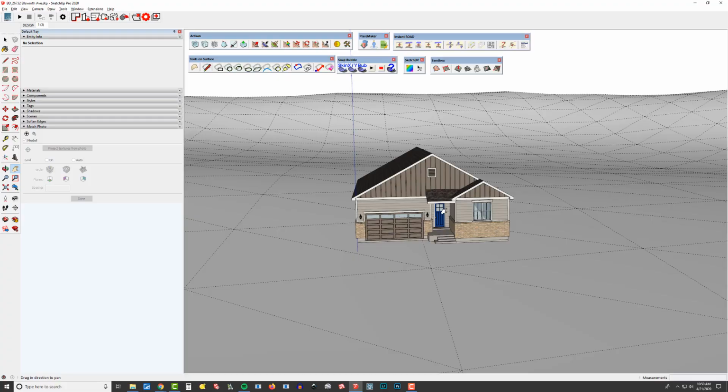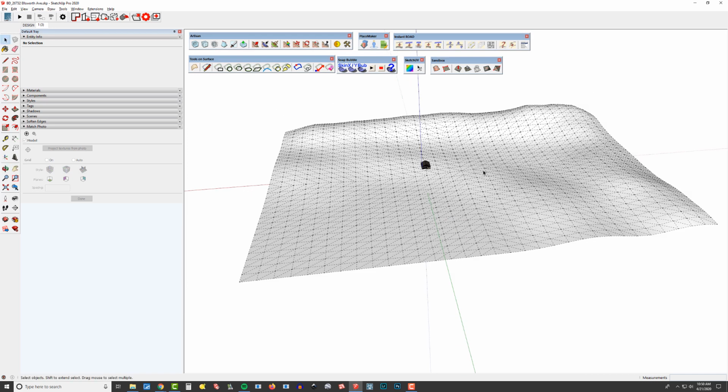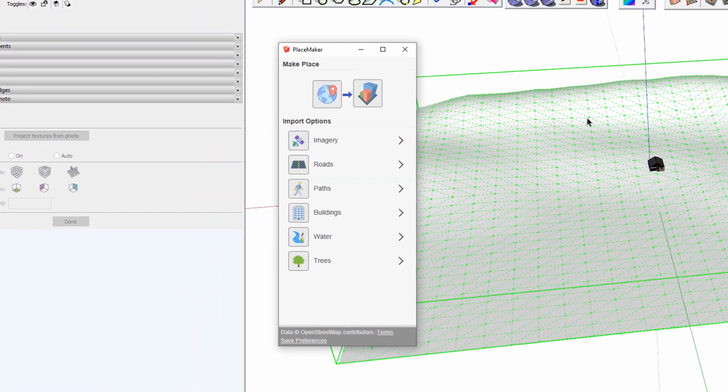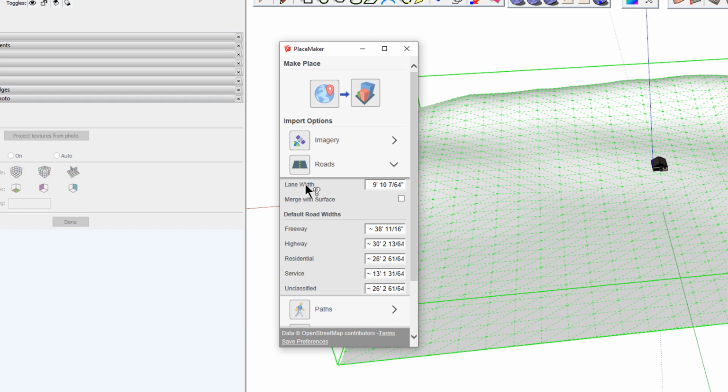So let's do that. All right, so I'm gonna back out a little bit so we can actually see the process happening. And I will select our site, and then we're gonna open up our PlaceMaker dialog. All right, so now we can expand our roads, and you can see that with the roads, you do have some of these different